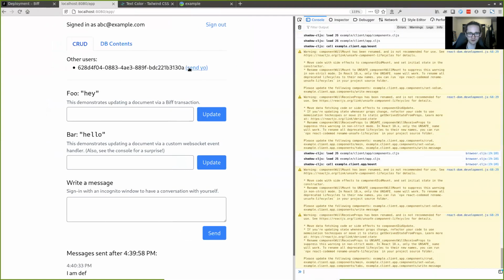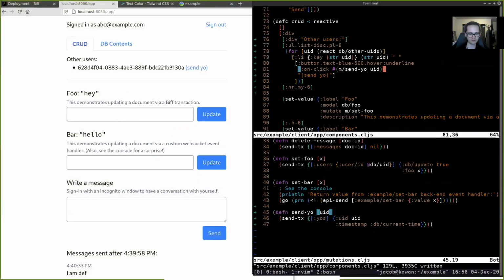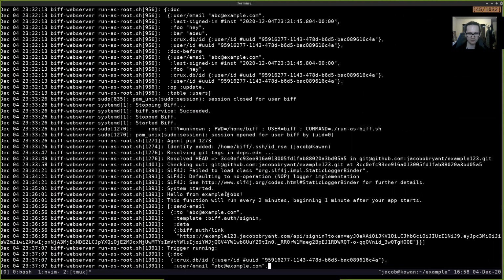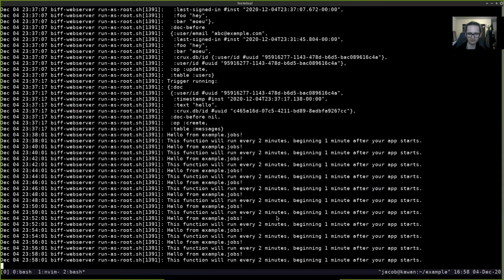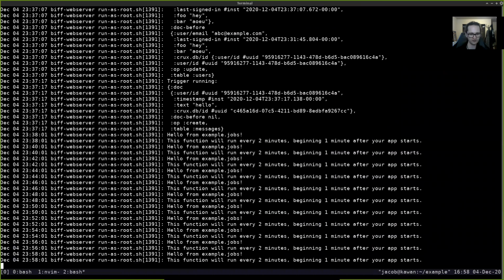So we want to send this person a yo. And now we get an anomaly object, and it's forbidden. There's no authorization function for the table yos, for creating a yo document. So great. And I think that also is printed out in the console. Never mind, looks like it is not printed out in the console. But it is printed out here, FYI. So let's close that, and let's move now